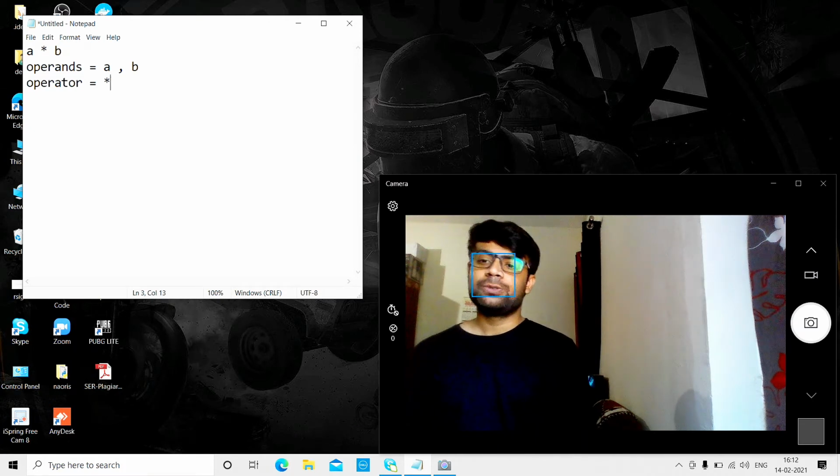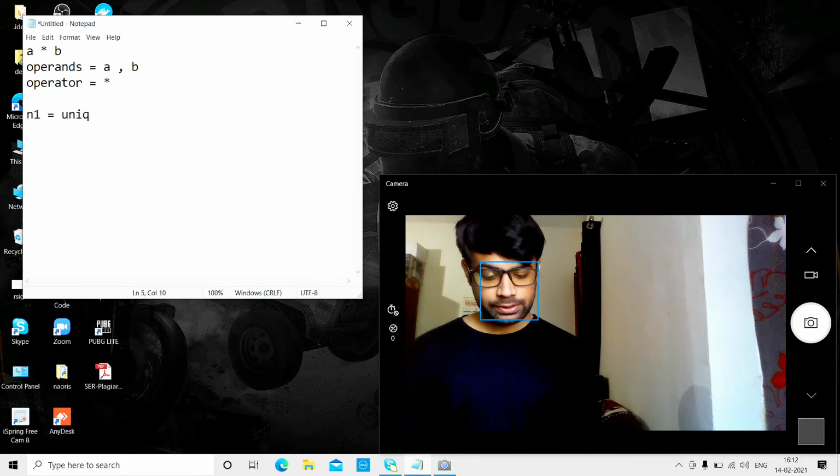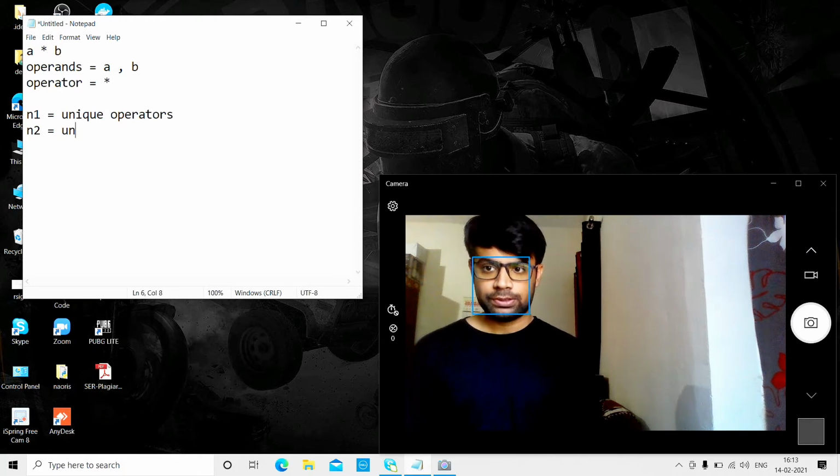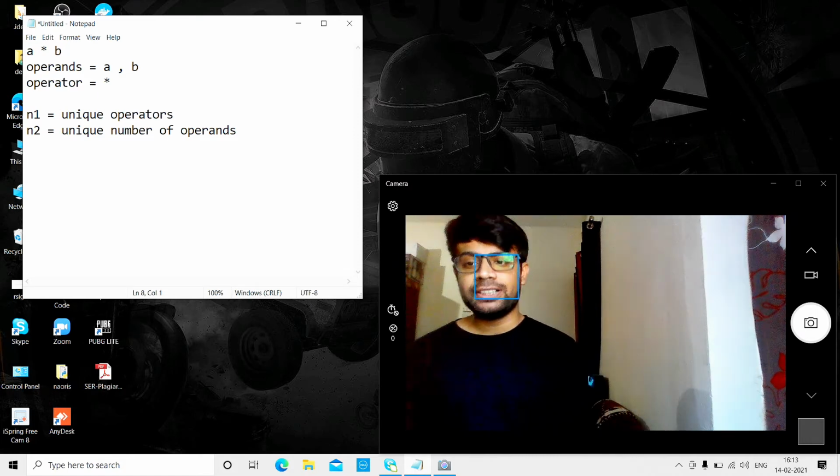So the Halstead rule is basically based on these two things, operator and operand. First of all, we have to calculate the number of unique operators in our expression, denoted by n1. Okay, unique operators, and n2 is nothing but the unique number of operands. So n1 and n2 are the unique number of operators and the unique number of operands,